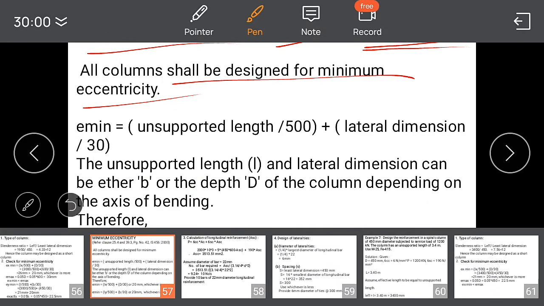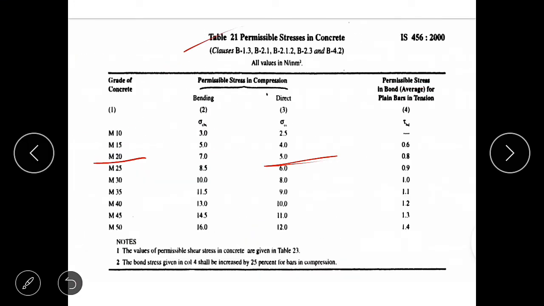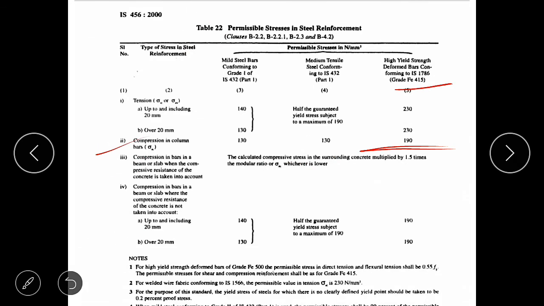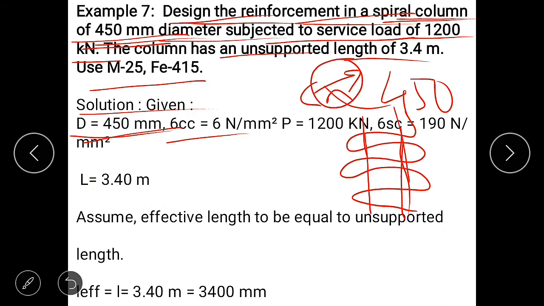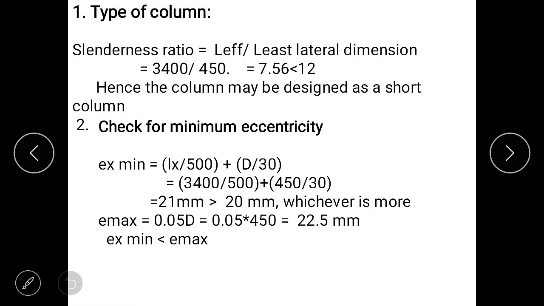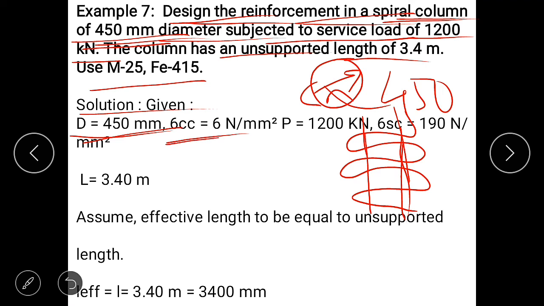So how do we take the permissible stresses here? For M25, sigma cc is 6 and sigma sc is 190. So take sigma cc as 6 because of M25. From Table 21, IS 456:2000, sigma cc is 6 Newton per mm square, and for Fe 415, the value is 190 Newton per mm square, and P is given